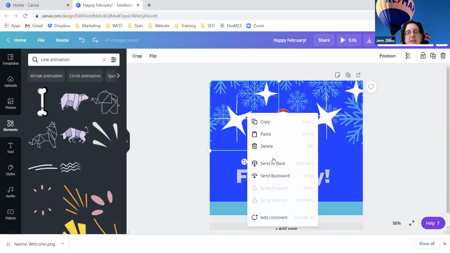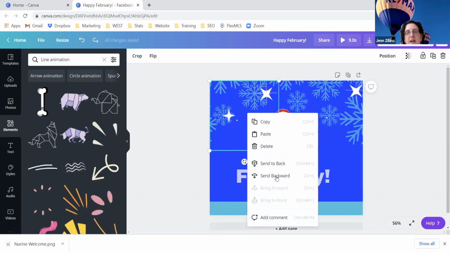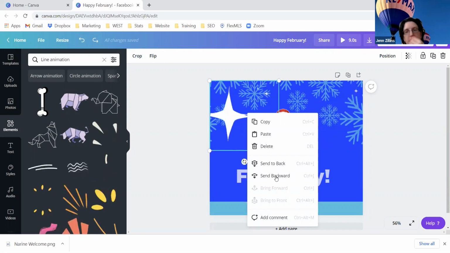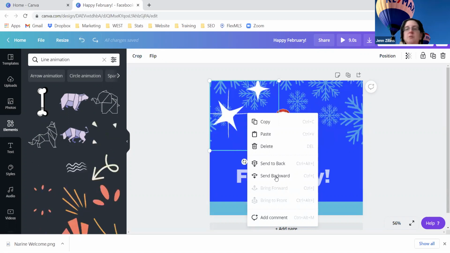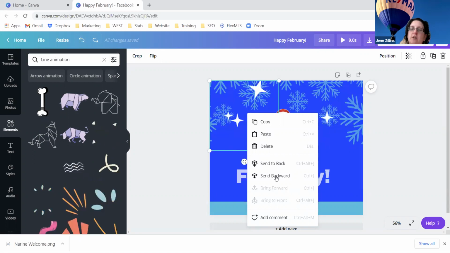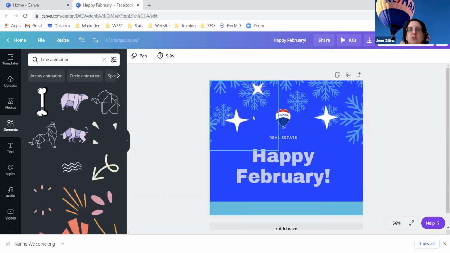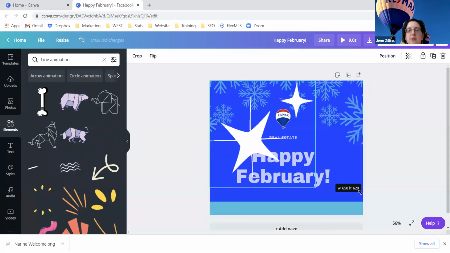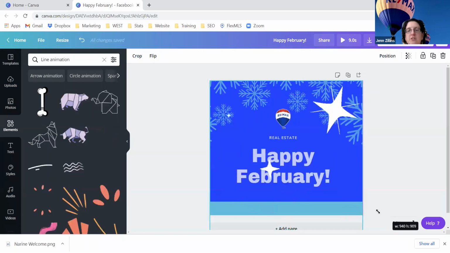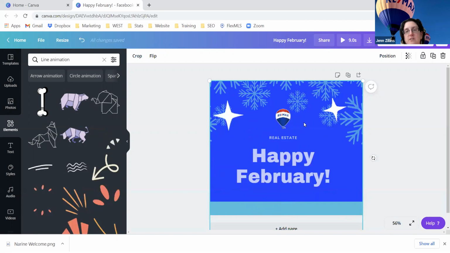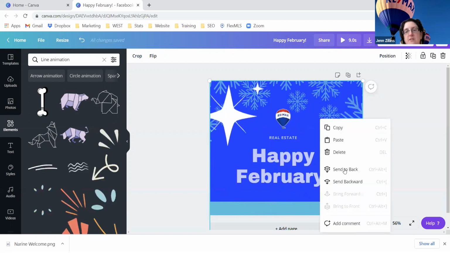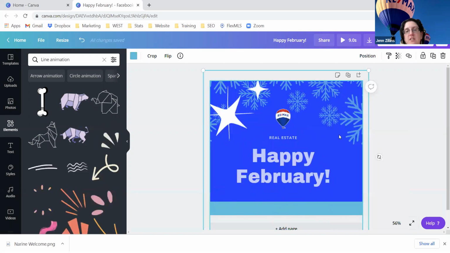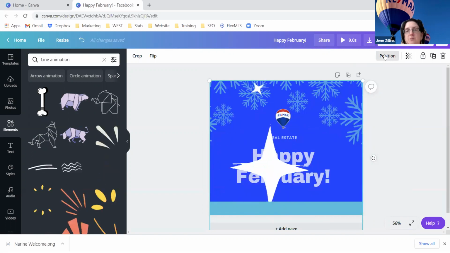If we right mouse click it again, you'll also see something called send to back and send backwards. These are different positions. So if you're familiar with the program Adobe Photoshop, you can move images to the front. You can move images to the background, the foreground and the background. This is the same kind of thing. So I'm going to show you in just a second. If I take this star, I'm going to resize it and make it really obnoxiously big, but I'm going to put it behind the text. You can right mouse click and send to back and just keep sending it to the back until it goes behind the text. You can also go up here to where it says position